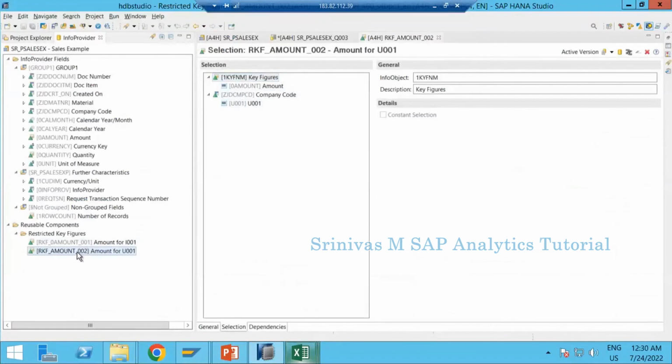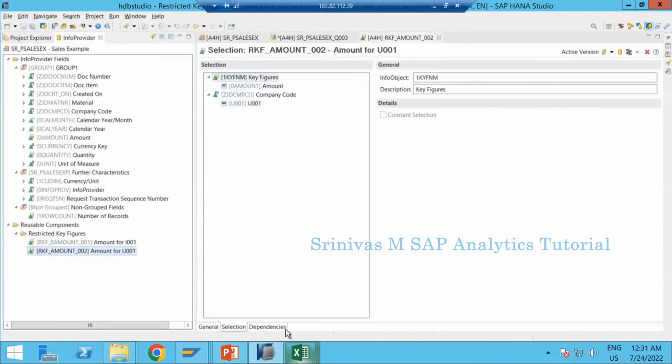This particular RKF may be used in other reports also. If you change this RKF definition, it will impact all other queries also. Wherever we are using this RKF in other queries, it was restricted with M1. Maybe in other queries it is not their requirement to restrict this particular RKF with M1 material. So whenever you find an RKF that exactly meets your requirement with all the selections,